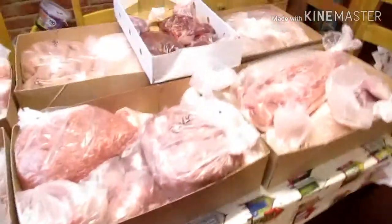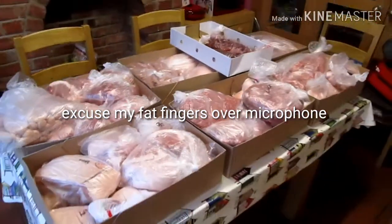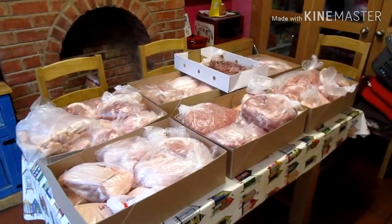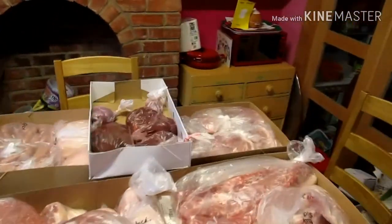Now, each one of these boxes is basically half a pig. So yeah, let me spin you around and you'll get to see what you're more likely to get back. So here it is. That's it, basically. So 4 months worth of work, love and care. Now I'm going to grab the chart that I got